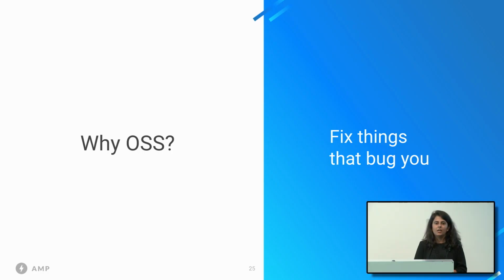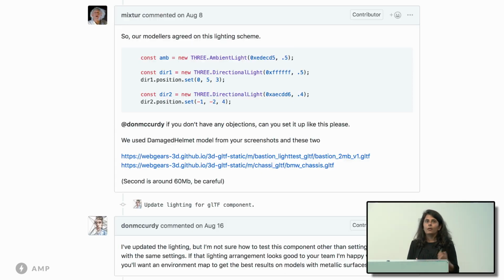The first being, when things annoy you, you have the power to fix them. With an open source project, the burden of proof of making sure that the project runs successfully, that everything works correctly, doesn't just rely on one person. It relies on the community together. And AMP has a great example of this out in the wild. When a contributor or a person using a component once noticed that the AMP 3D GLTF component wasn't working correctly, that it wasn't rendering correctly, they reached out and filed an issue.